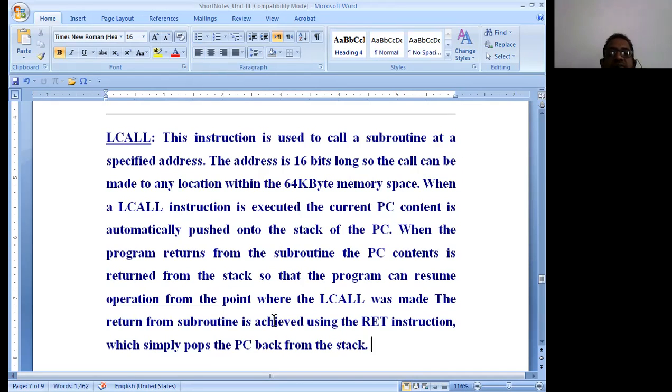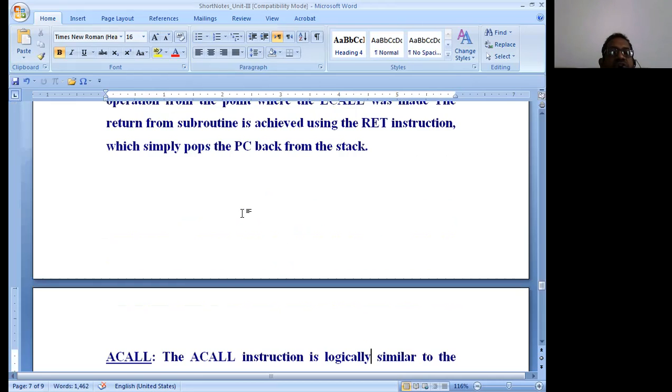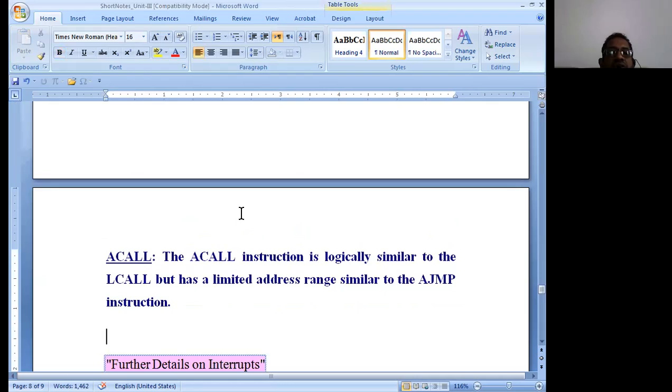It executes the task, and after it encounters the return statement, it returns to the main program and fetches the next instruction. So this is the basic idea, like a function in the C programming language. So we have LCALL instructions and ACALL instructions in this.